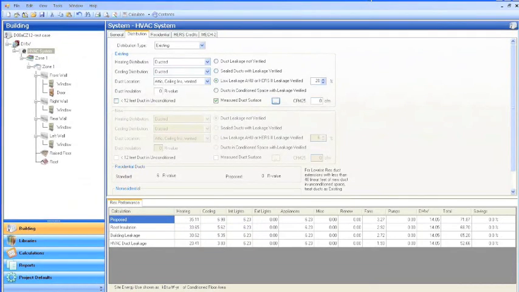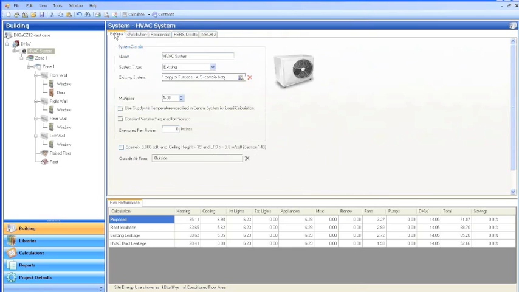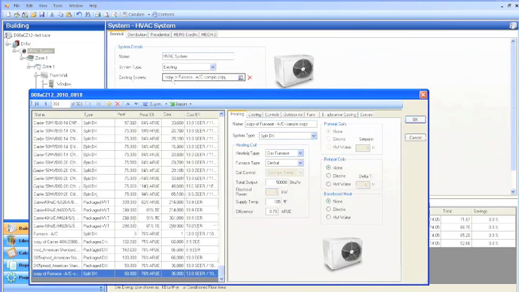If you have a gravity furnace, a question about gravity furnaces in the crawl space, what does one pick off of this list in terms of a type of system that you have? That would be something you find here under, remember, I just picked the library for the heating system. So heating type, it's a gas furnace. If it's gravity wall, that's one thing. If it's floor, a floor furnace presumably is,